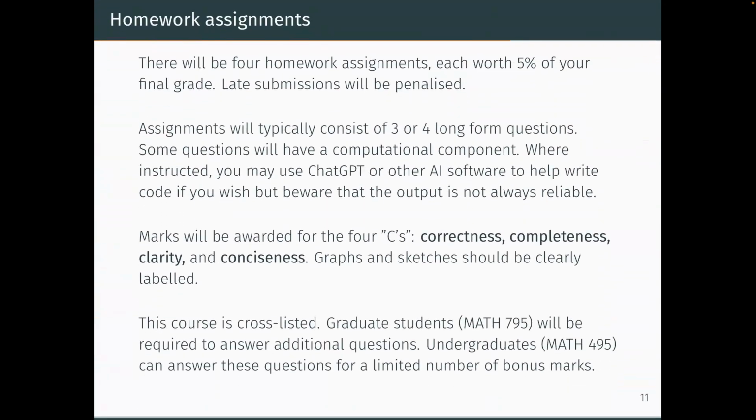In terms of those assignments, these 4 homework assignments are going to be regular problem sheets. Usual rules in terms of late submissions to CrowdMark will be penalized. Usually there'll be about 3 or 4 questions. Depending on how fast you work, it might take you an hour and a half, 2 hours. It might take you less. It might take you a little bit longer. It shouldn't be taking you 5, 6, 7, 8 hours. That's probably a little bit too long.